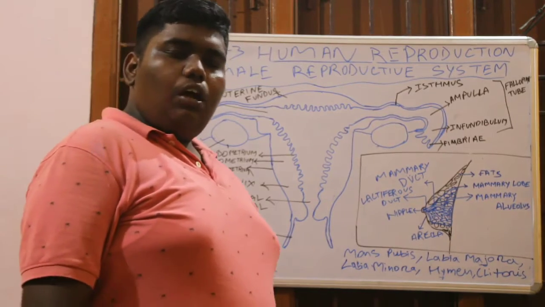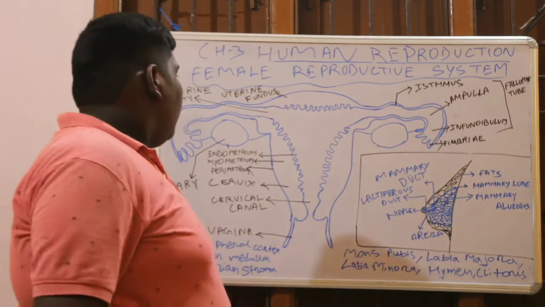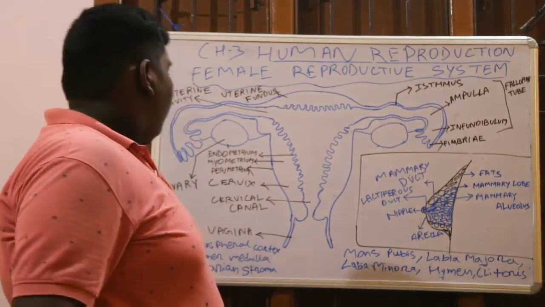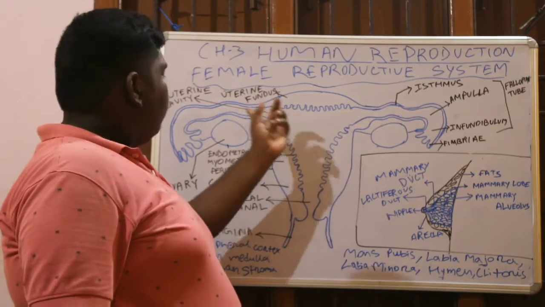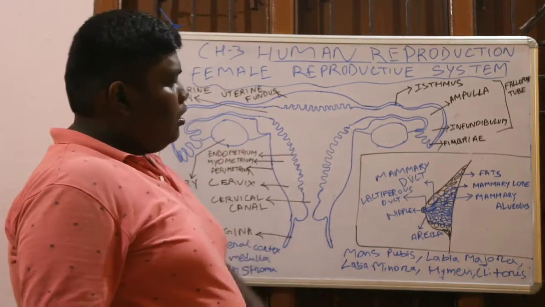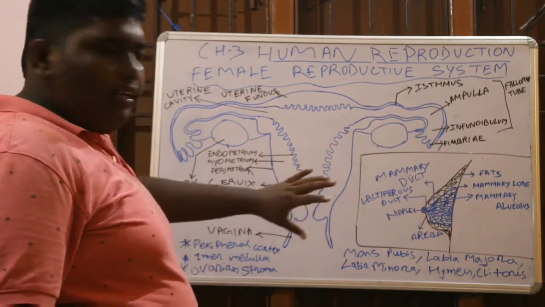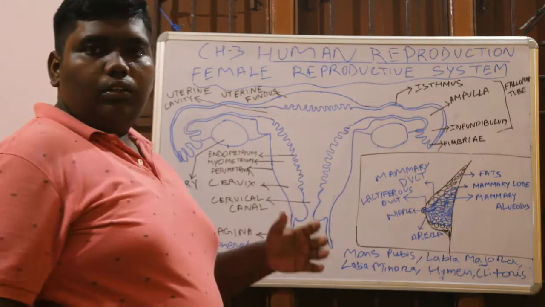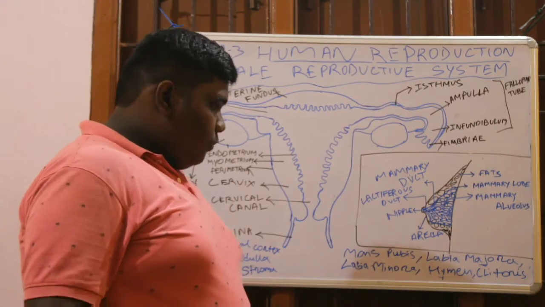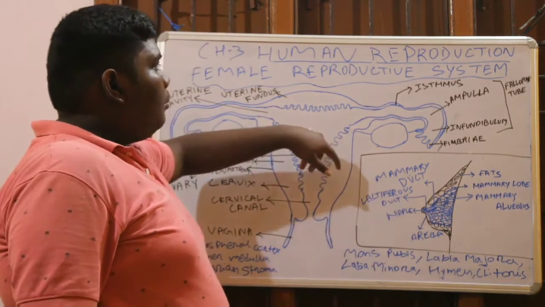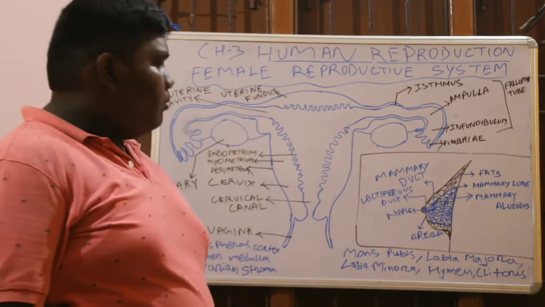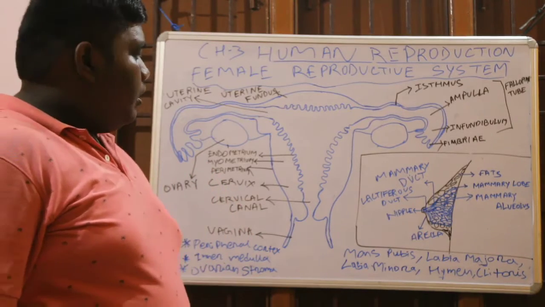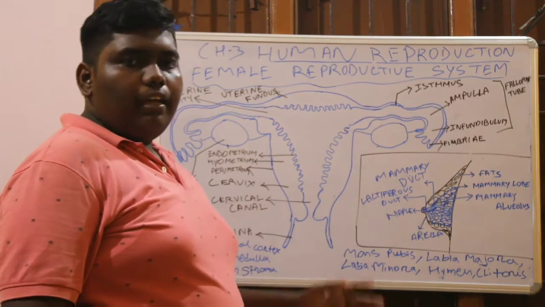present in the pubic region of a human being or a female, and it consists of the external genitalia, the ovary, the fallopian tube, the uterus, the cervix, and the mammary gland. Now, the mammary gland is present in the chest portion, in the upper abdominal cavity or the thoracic cavity. It is not a direct part of the female reproductive system. It's a complementary or secondary part of the female reproductive system, and it helps in taking care of the child.